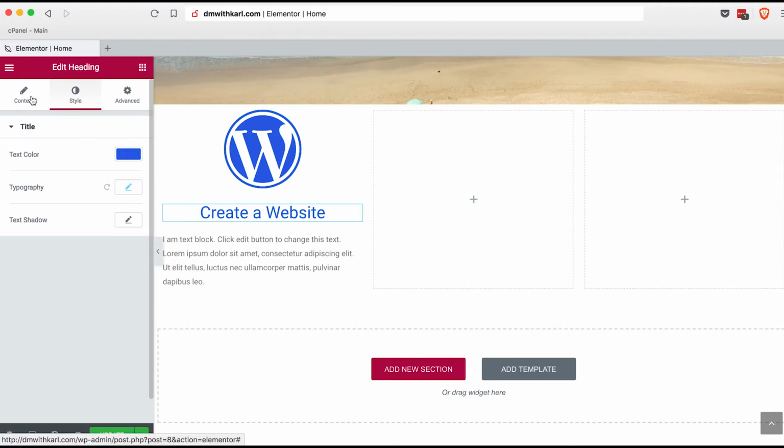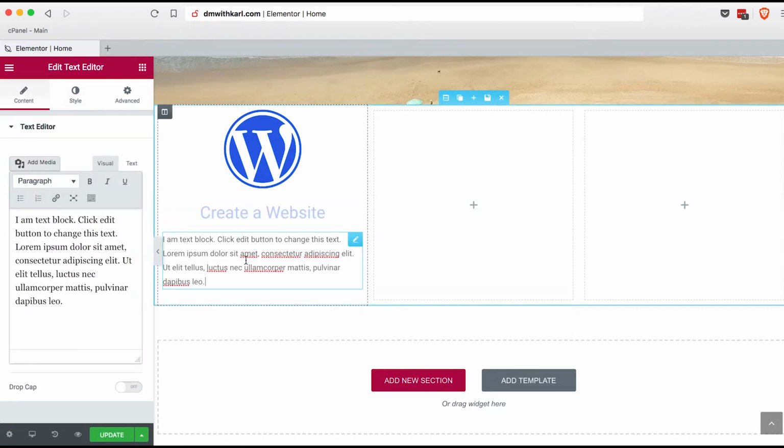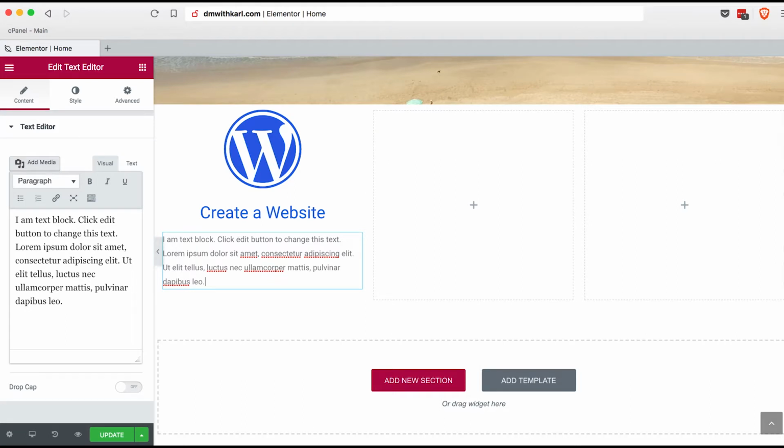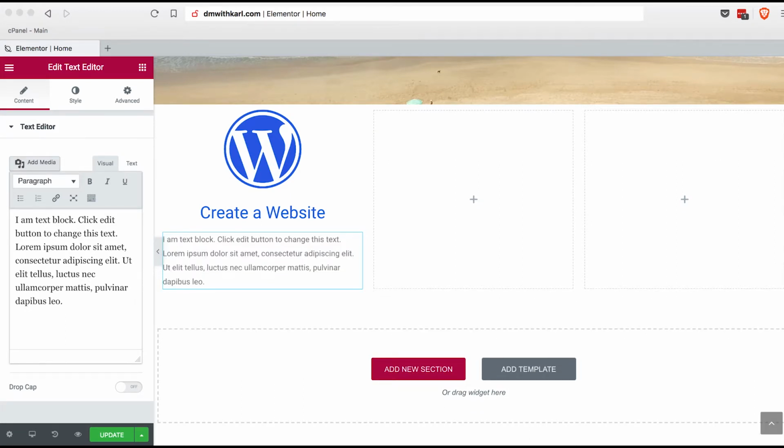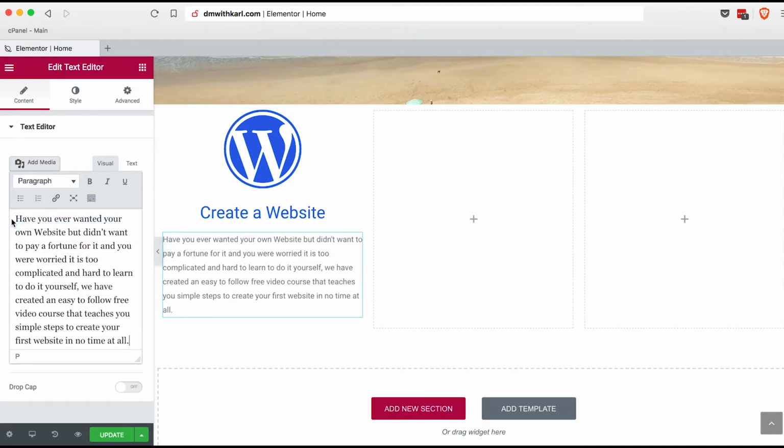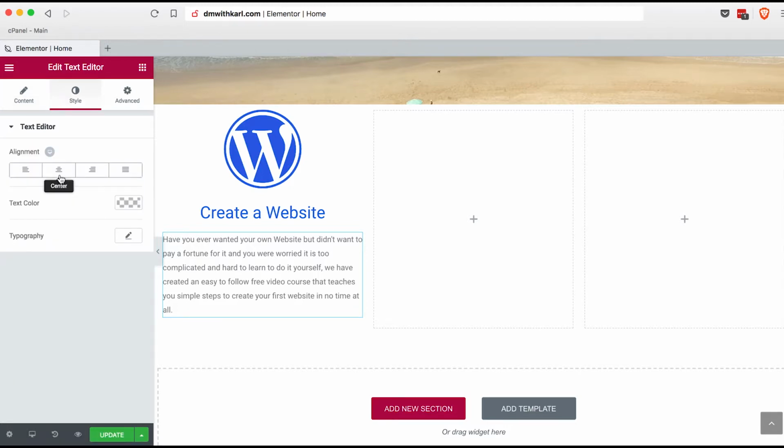Then let's head in and edit our text. So you can input a little brief about what you are showing in this icon. So it's going to be relevant to your website. This is our Create a Website course link. Actually, the course that you're busy with right now. This is the button that links into our course. So we're going to center that text